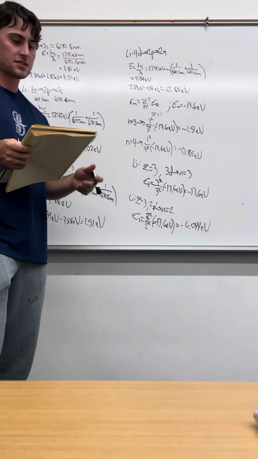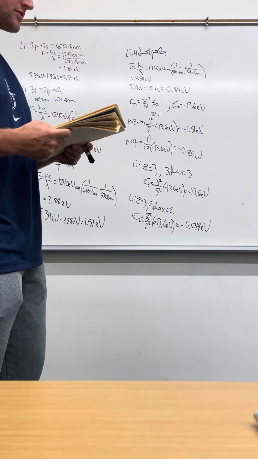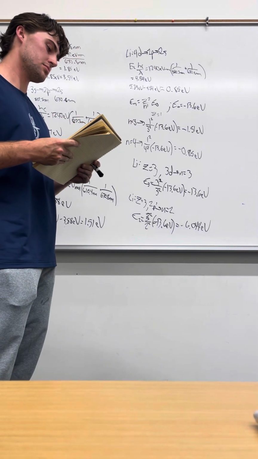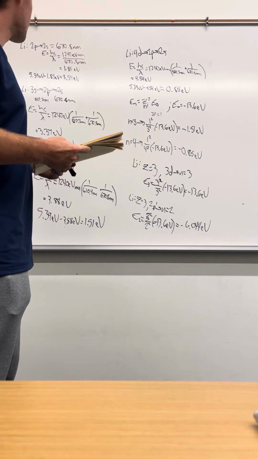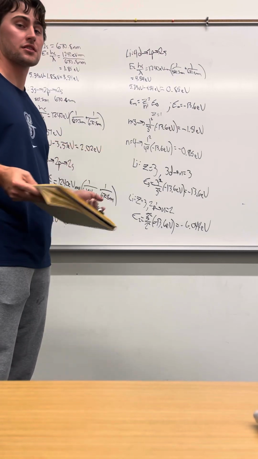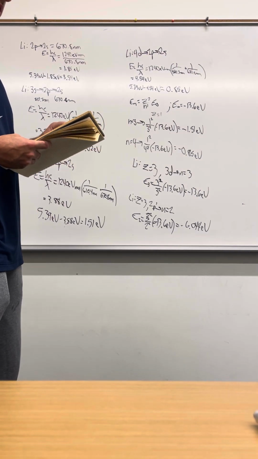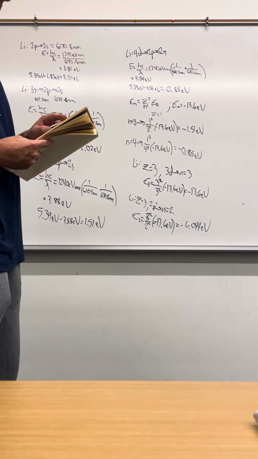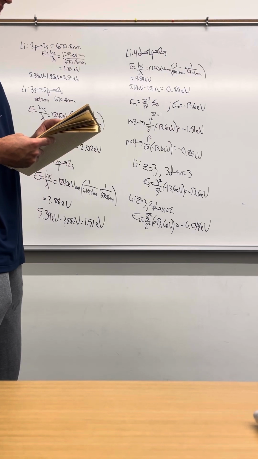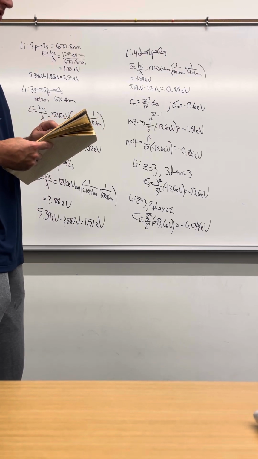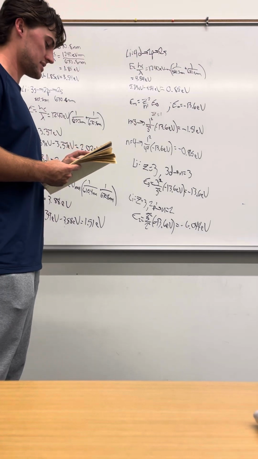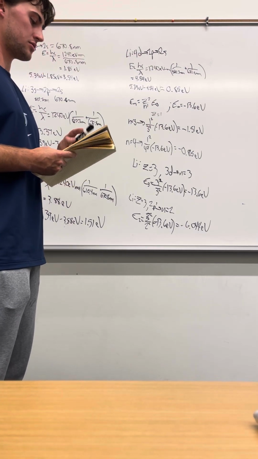Alright, hello. So this is problem 5 on the Unit 2 exemplars. My previous video got cut short, so I just left all the writing up there. So the problem states that using the wavelengths given in the diagram and knowing that the ionization energy of lithium in its ground state is 5.39 electron volts, what are the ionization energies of the 2p and 3s states of